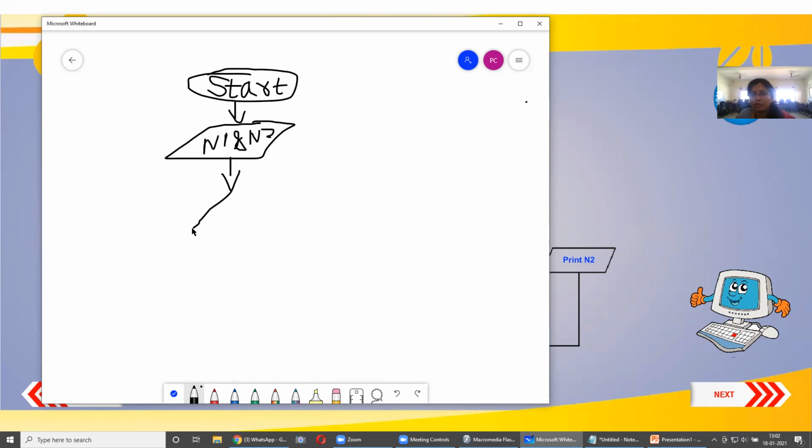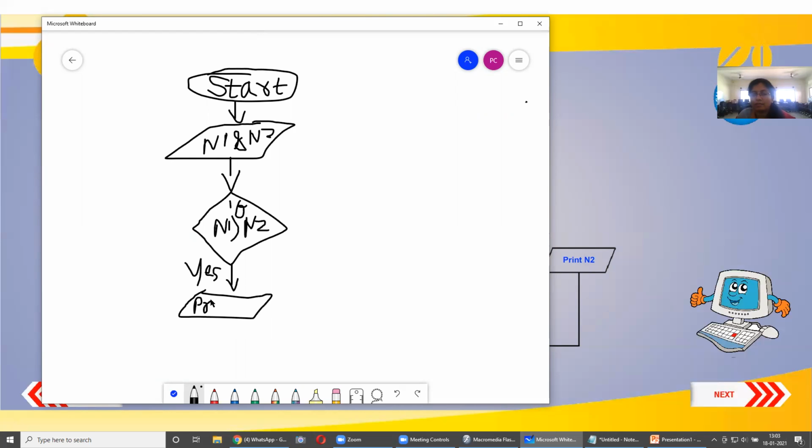So conditions are always in the diamond box. If N1 is greater than N2, if the condition is yes, what is the output? The output again should come into a parallelogram.